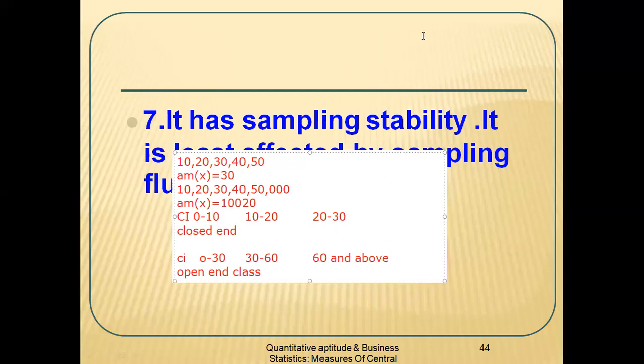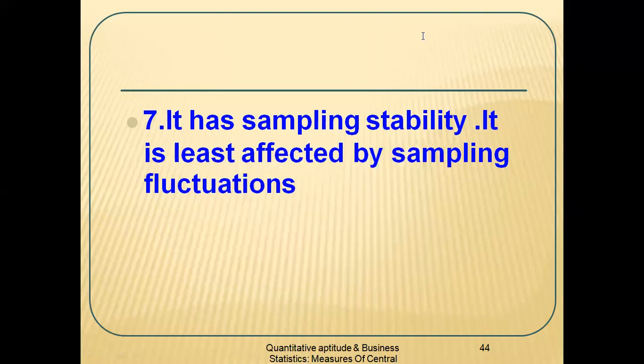So we have discussed these points. Number one, in case of unequal class intervals, how to calculate the arithmetic mean. Then we also discussed weighted arithmetic mean. When do we use weighted arithmetic mean? When you want to select on a priority basis, in those circumstances weighted arithmetic mean is used. Then we discussed combined arithmetic mean, and we discussed the properties. Property number one is that the sum of deviations of observations from the arithmetic mean is always 0.